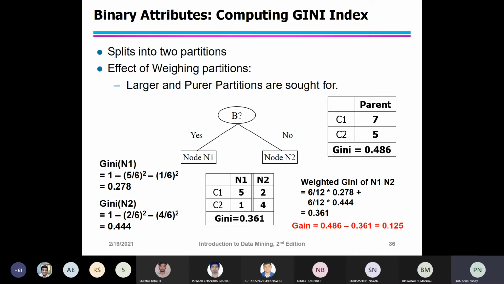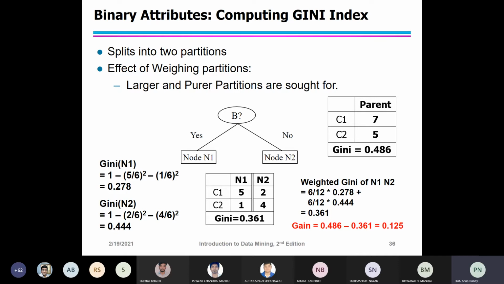You can easily compute the 6/12: for node N1, 5 plus 1 is 6, and the total number is 12. Then 6/12 into the Gini index of the other node, N2, where 4 plus 2 is 6, that is 0.444. So it is coming as 0.361.